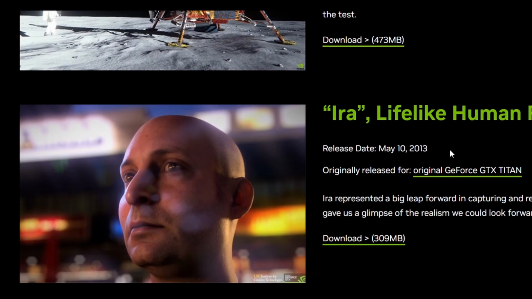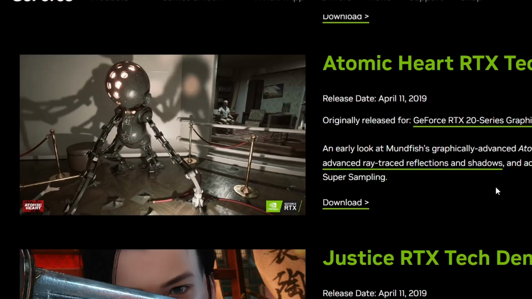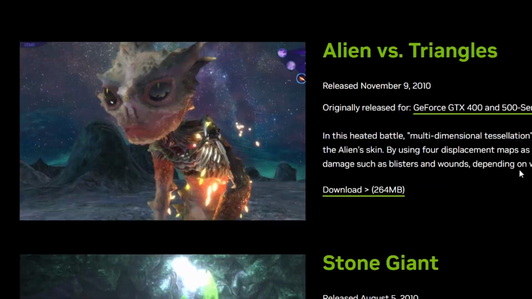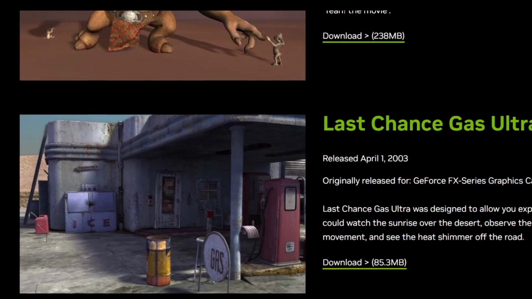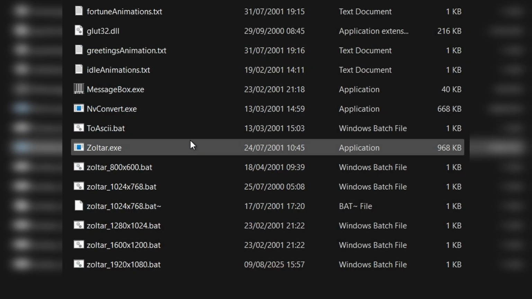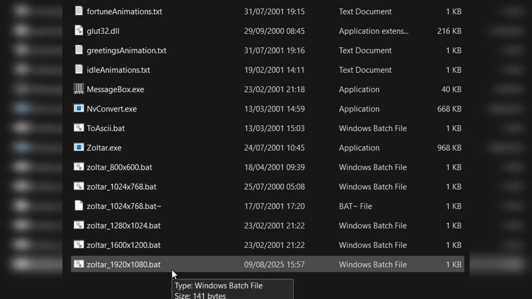Later down the line, 2013, you have lifelike human face rendering, and then the tech demos unfortunately wane off a bit after that point. So yeah, this is kind of the first face tech demo from NVIDIA, which makes this even more exciting. And of course, like all the other demos we've looked at, this has a batch file that